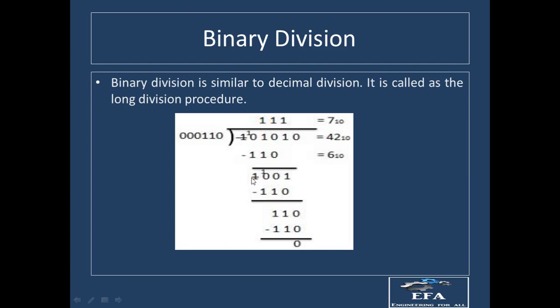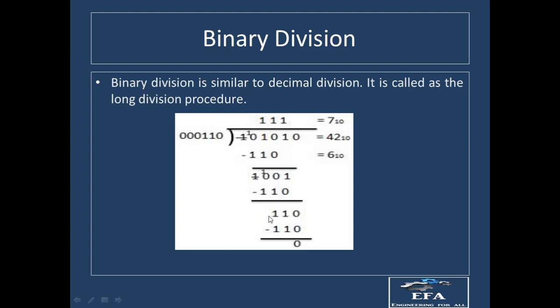Again, now we are having 1001 over here. Again multiplying this number by 1, we will be having 110. Again we will subtract it using the binary subtraction. 1 minus 0 will be equal to 1. 0 minus 1 is not possible, so we have to borrow 1. So the first one comes over here. This one is given to this 0. So this 0 becomes 1 0. From this 1 0, 1 is borrowed by this 0. So this becomes 1 0, and this 1 0 will become 1. Now 1 0 minus 1 will be equal to 1, and 1 minus 1 will be equal to 0.